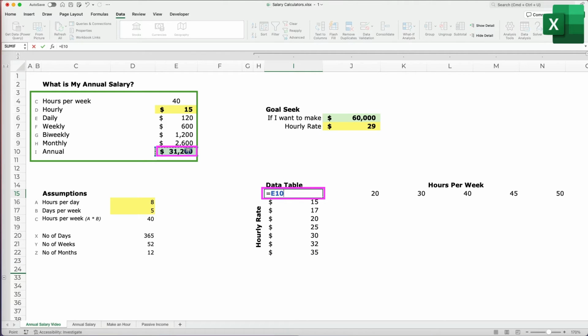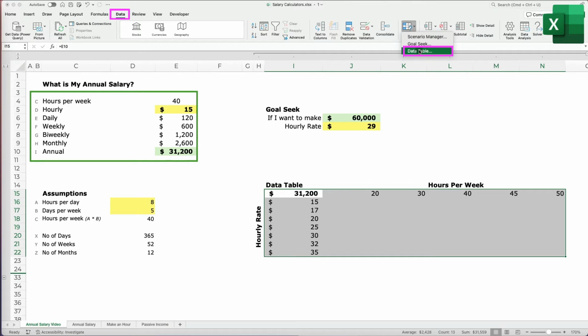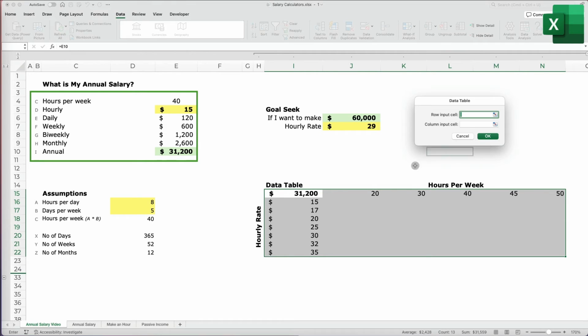So we will link it to the annual salary in cell E10. Then I will highlight the entire table and go to Data Table under What If Analysis. In the row input, I need to locate the cell in our formula that specifies the horizontal variables, which are the hours per week worked in cell E4. For the column data, it refers to the hourly rate, so I will link it to the cell E5